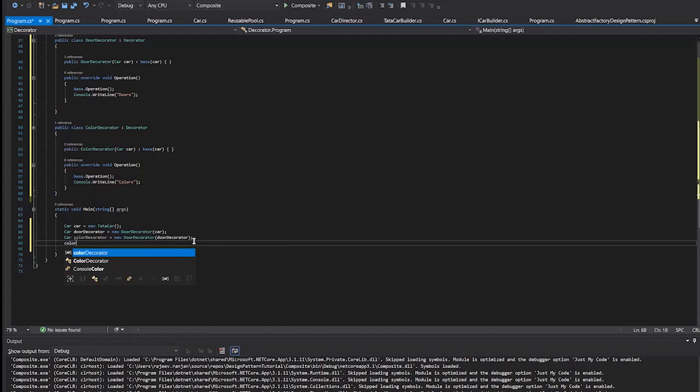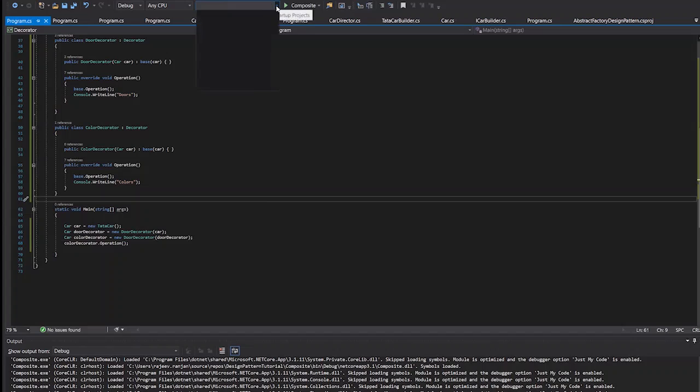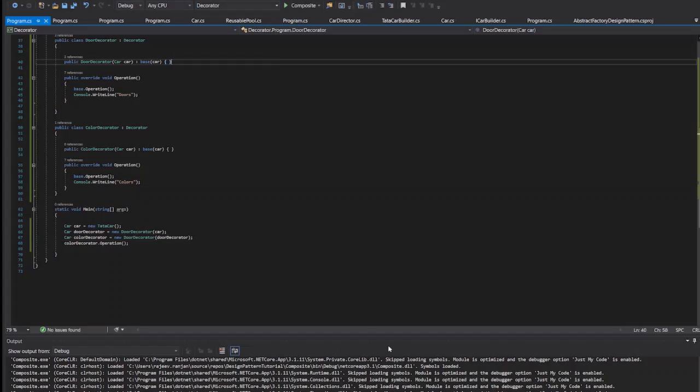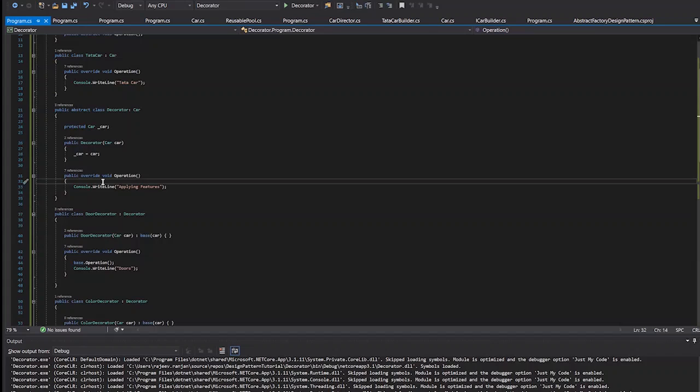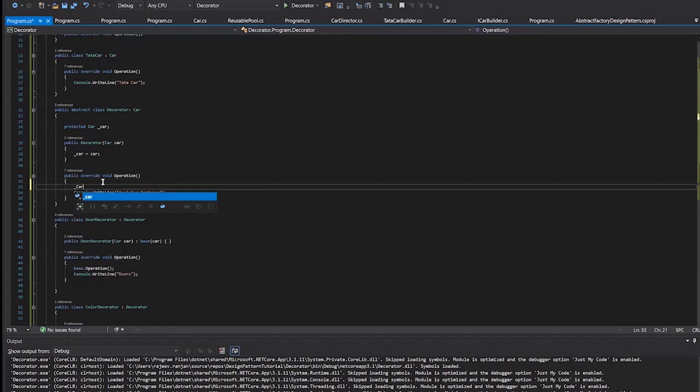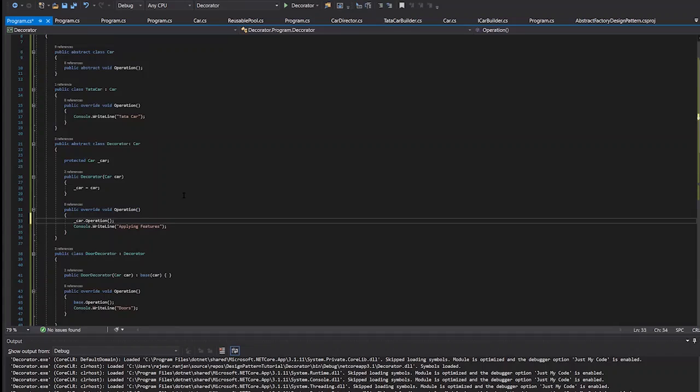So let's test it out. Let's perform color decorator dot operation to see whether our application is working fine or not. We can add car dot operation to get our basic car.